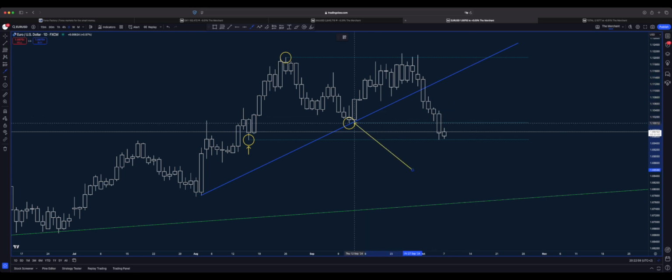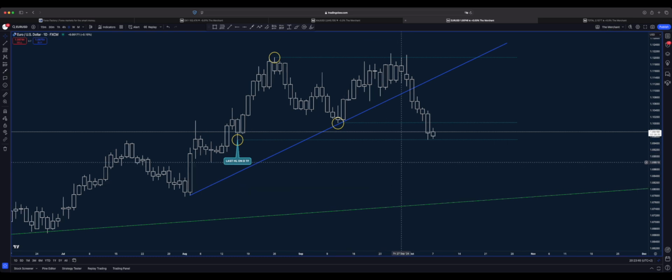Yes, this point was important because we could see some rejection, some support, but from a market structure point of view, this point is nothing. The real important point for us is this point here, because this is our last higher low from a market structure point of view. So what we can do is call it out, like this: last higher low on the daily time frame. This is a very important thing.